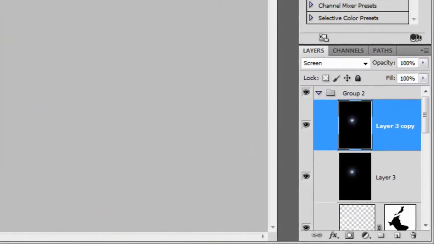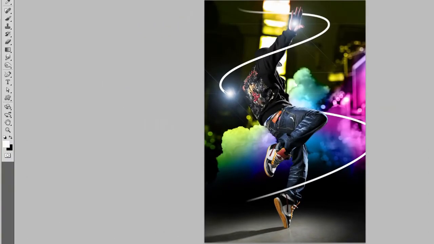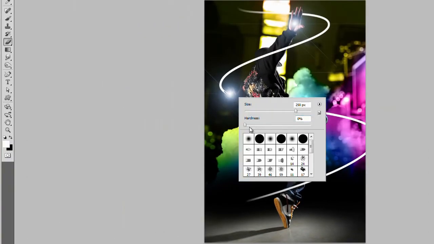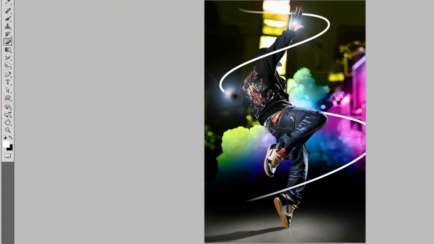Go back to the Layers palette, then click on the Add Layer Mask button. Select the Eraser tool, set the hardness to 0%, then erase around the hand. You can press the left or right bracket keys on your keyboard to adjust the size of the eraser. Erase around the hand like this, so that the lens flare looks like it's on the other side of the